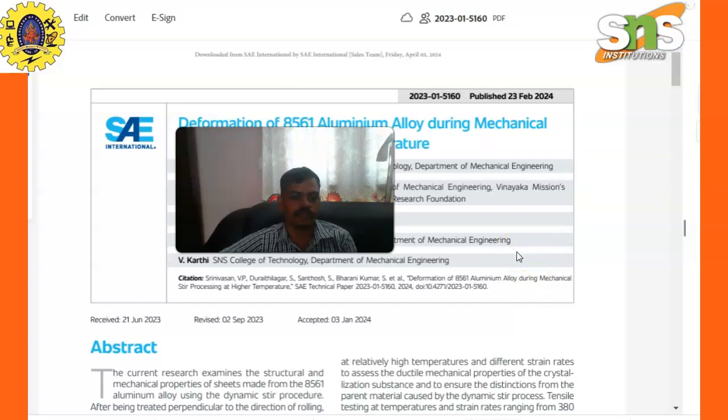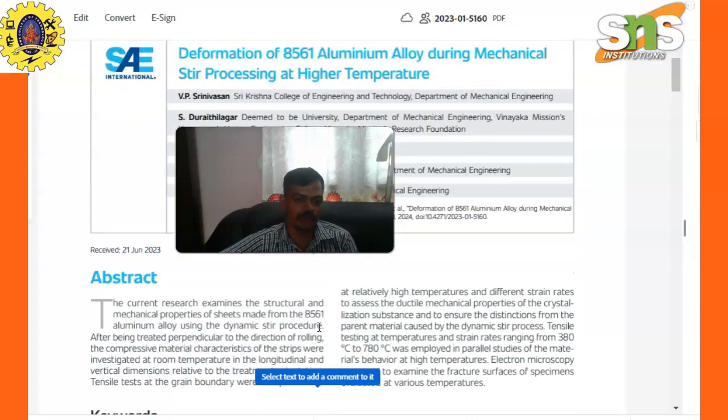Case studies of 8561 aluminium alloy during the mechanical stir processing at high temperatures. The current research examines the structural and mechanical properties of sheets made from 8561 aluminium alloy using the dynamic stir